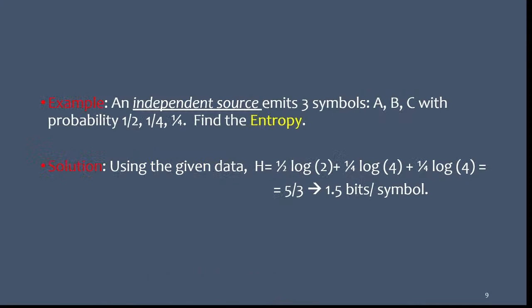Okay, now we'll consider an example here. An independent source emits three symbols A, B, and C, and their probabilities are 1/2, 1/4, and 1/4. In this case, find the entropy. So this is an independent source,